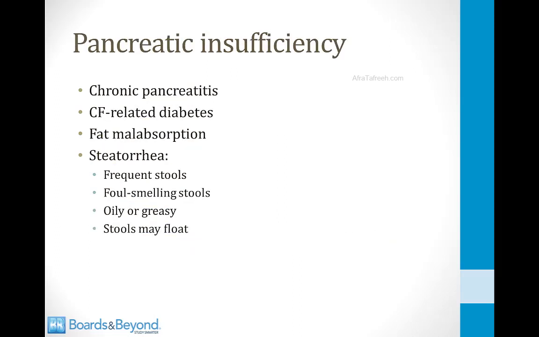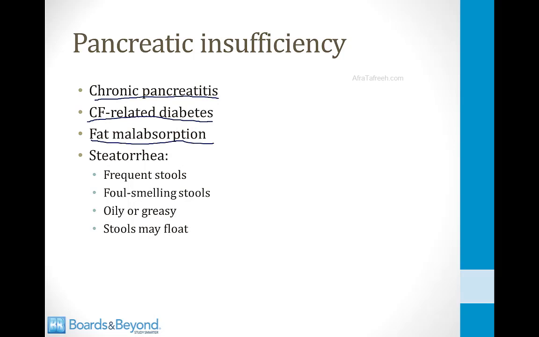All that sticky mucus is going to clog up the pancreatic ducts, and this is going to lead to a couple of pancreas problems. The first is chronic pancreatitis. This can happen to children with CF. If the pancreatitis goes on for long enough, these children can burn out their islet cells, and they'll develop CF-related diabetes. Because those pancreatic enzymes can't get to the gut, these children will have fat malabsorption, and one of the